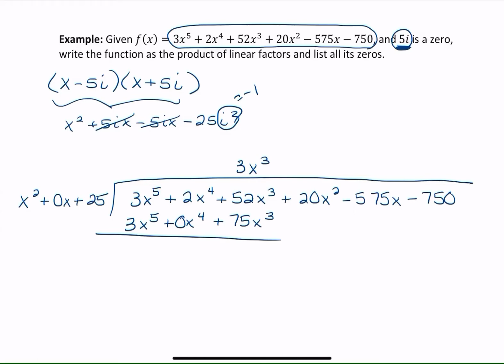And then I'm going to subtract, which will make my leading term cancel out, and I end up with 2x to the 4th minus 23x cubed. Bring down the next term